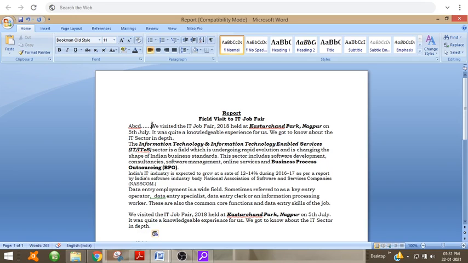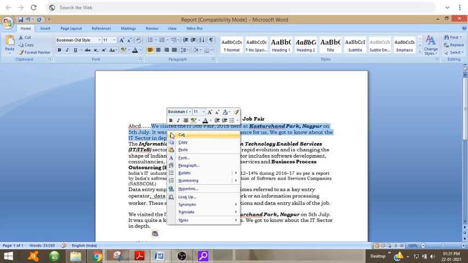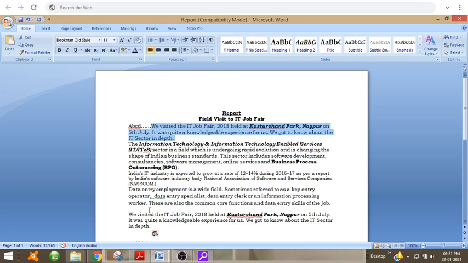Suppose I don't want this here, but I need it here. For that I have to use cut and paste. So I will click here, then select cut, and then I will click here and paste.